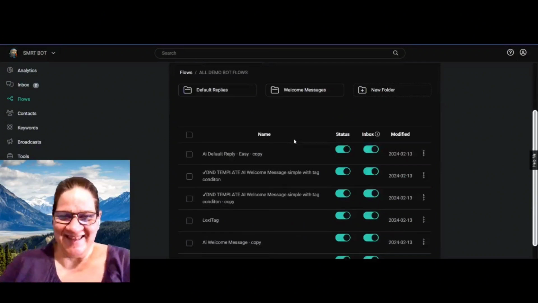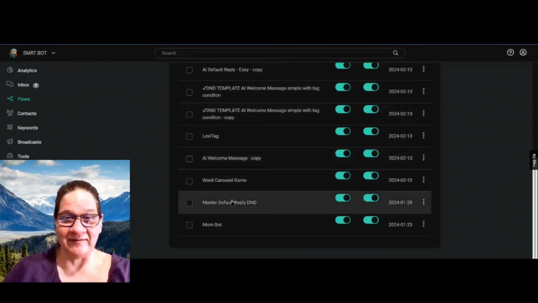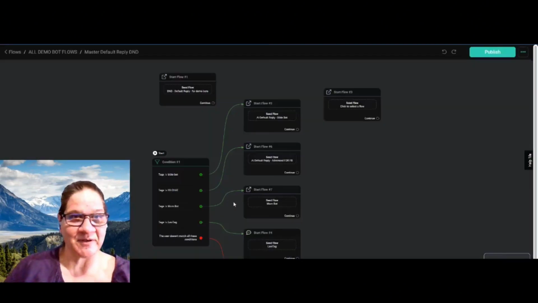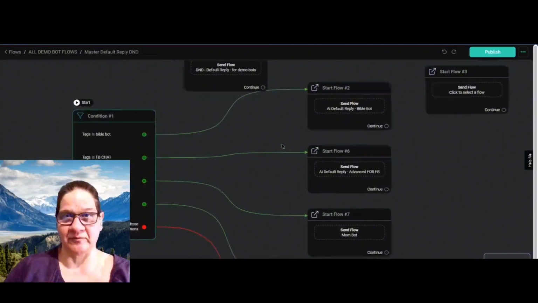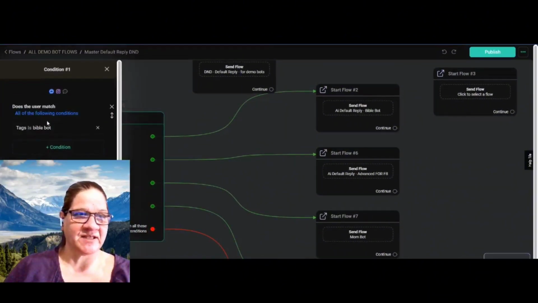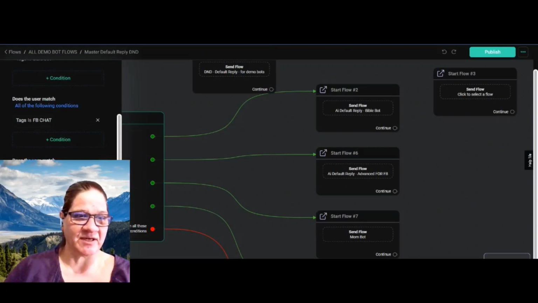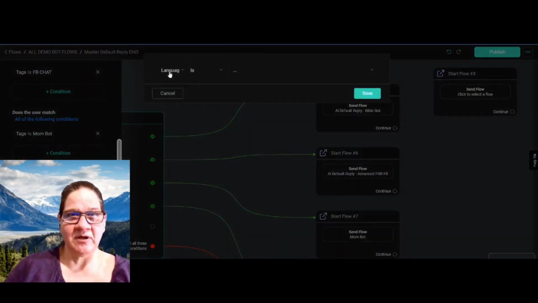Oh my god. Alright, so this is the huge part that I haven't done and I probably should have done already. So this is my master default reply. Alright, so I go in here and it checks this condition. Does this user match this? Does it match this? Does it match this? Check new condition. Does a user match? Tag